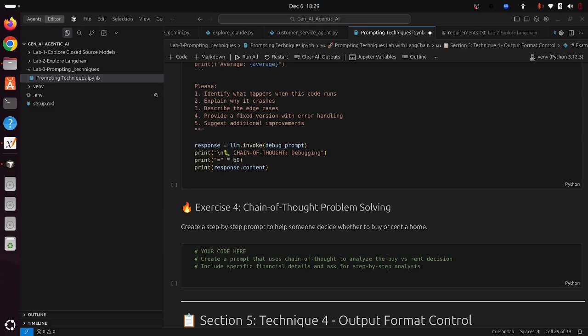Welcome back, guys. So in this video, we'll talk about a new type of prompting that is called chain of thought. Earlier, the old models, like GPT-4 or any other old models, GPT 3.5, were struggling with complex tasks. But now the latest models like GPT-5, Claude 4.5, and so on are good at reasoning.